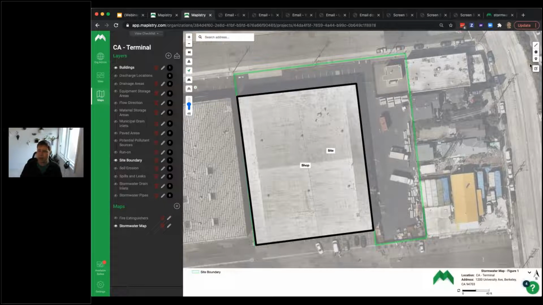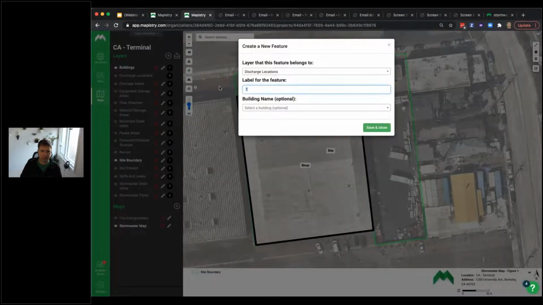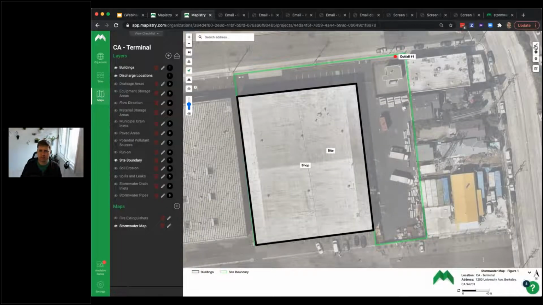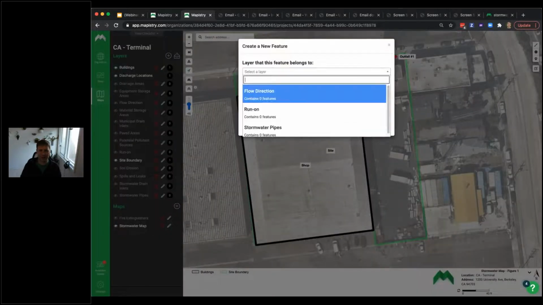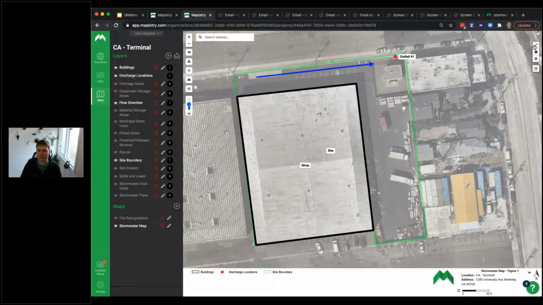Now I'm going to drop some discharge locations, so sampling outfalls. So I'm going to put one right here. I see a storm drain. I'm going to call that a discharge location. Outfall number 1. And I'm going to grab my line and I'm going to show the flow direction here. And it even gives you a takeoff if you want to see what the length is. And then